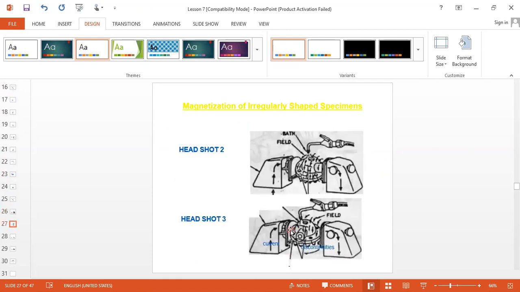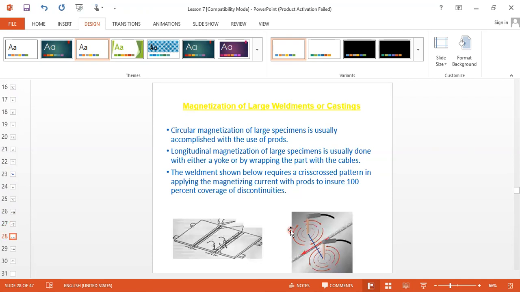So for any job, if coil shot is not possible, then we have to give a minimum of two or three head shots, depending upon job geometry. This is the prod. In prod also we are making a circular magnetic field. See how we make the prods.